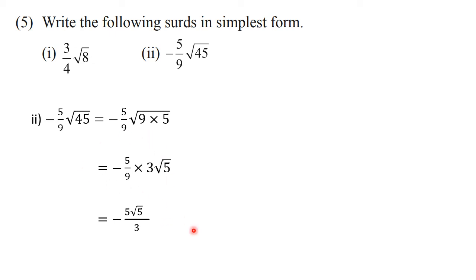Okay, so this is very easy. Similarly, you can solve the first one as homework. So mark it that this you will solve as homework. Very easy to solve now. 8, how will you split 8? You want one factor as a perfect square. So 8 you will write as 4 into 2 here and then simply you will go on solving. So all the steps will be similar, only the number is changed. So do it, all of you. Okay. Now let's go ahead.